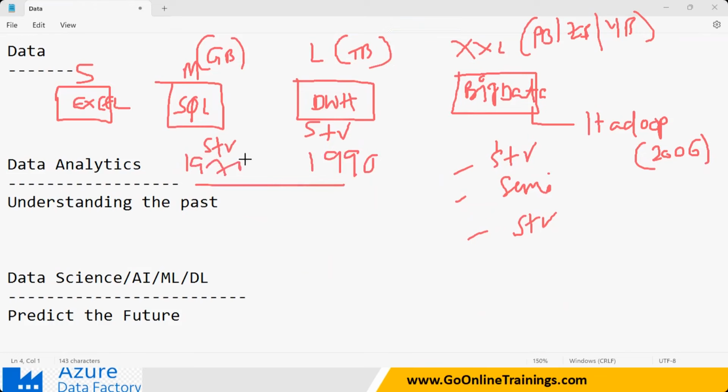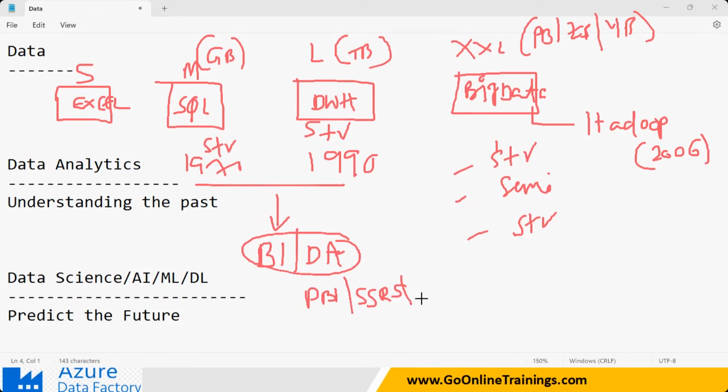When you have the data in structured format and you analyze it, this kind of data is called business intelligence or data analytics. Clear? When you get the structured data and analyze it, how do you analyze? You create Power BI reports, or any reporting tool you might use, SSRS, or Tableau, or even simple Excel.